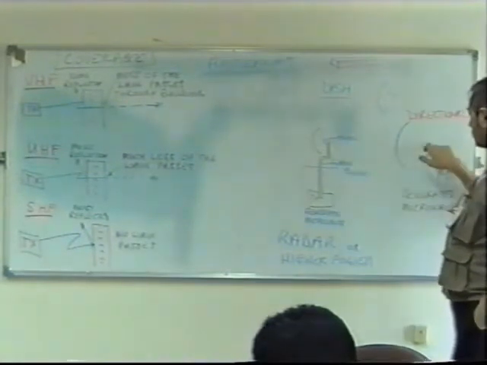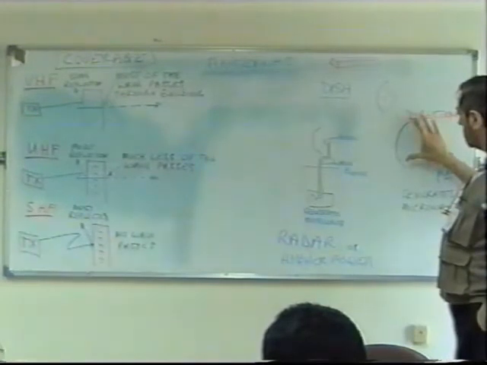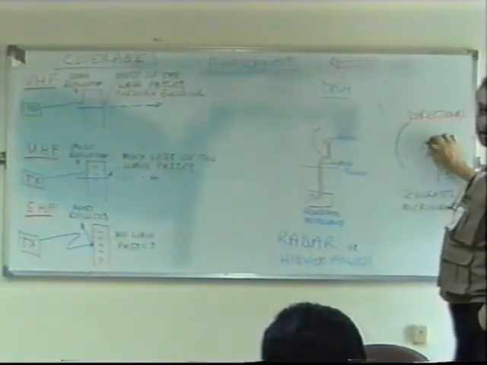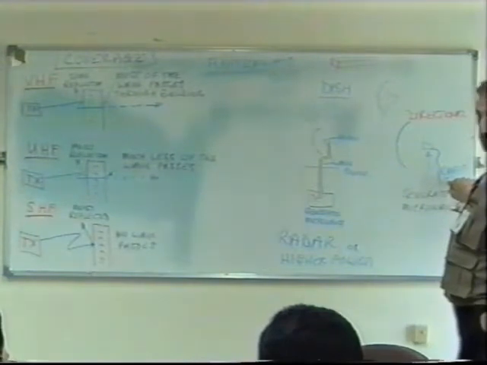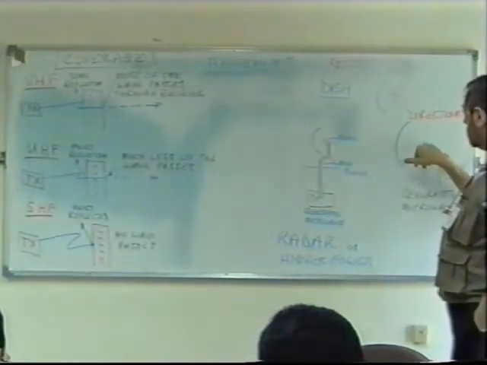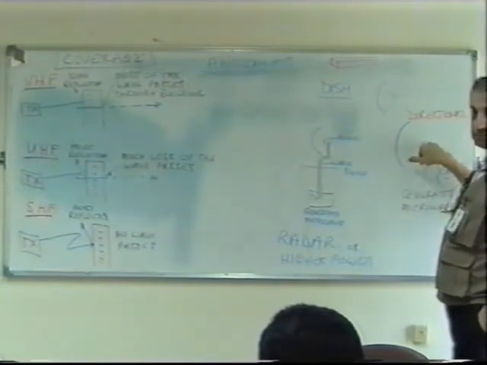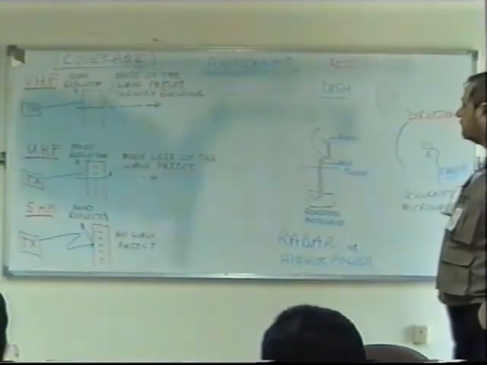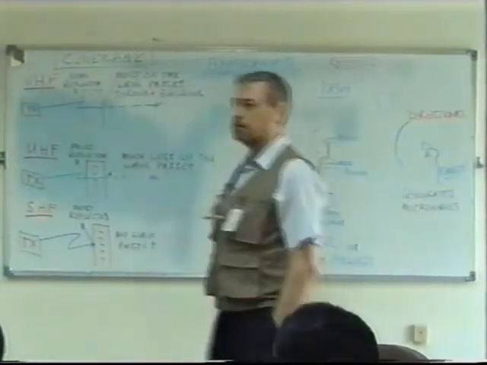Here, we have the receiver. This is where the microwaves are received and then they're changed to a lower frequency signal to go down a cable. In the case of a TV satellite, this would be called an LNB, low noise